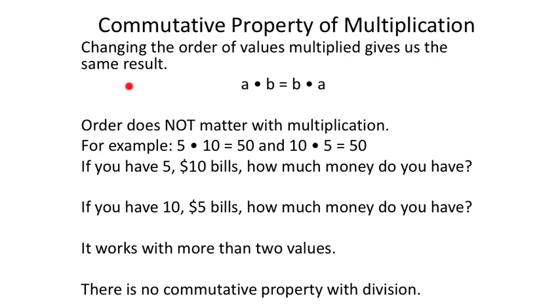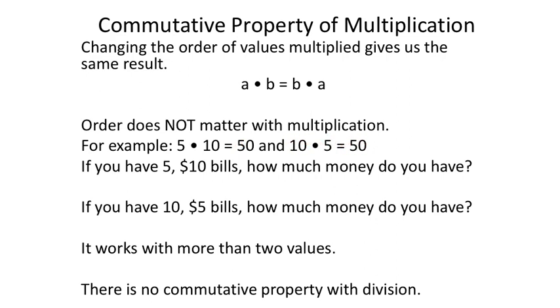It could be 3 values or 4. You can switch those around as much as you'd like in order perhaps to create more convenient products moving from left to right. So order does not matter with multiplication, just like it does not matter with addition. For example, 5 groups of 10 would be 50, or if you had 10 groups of 5, still 50,